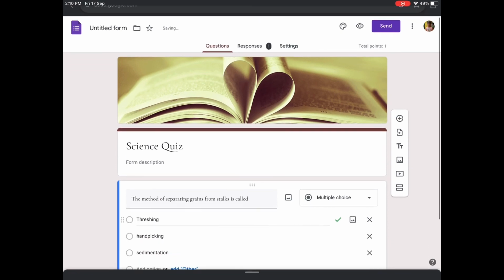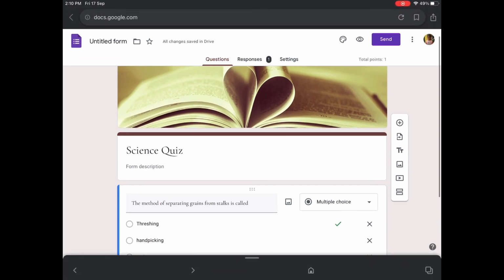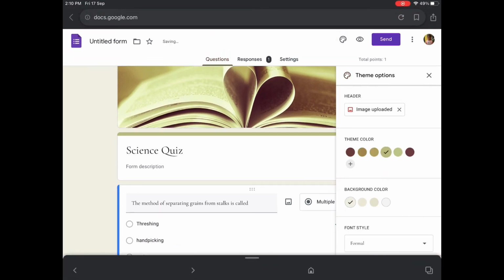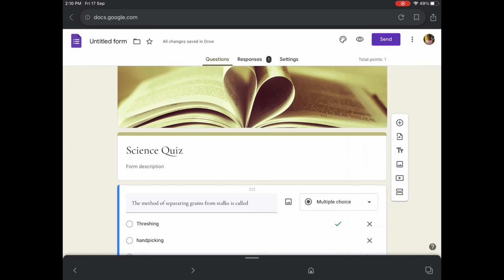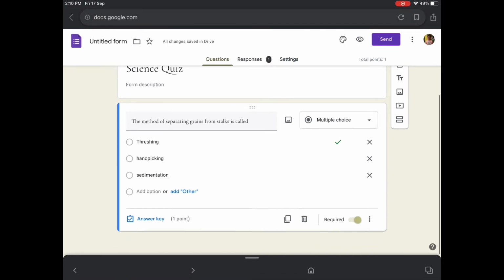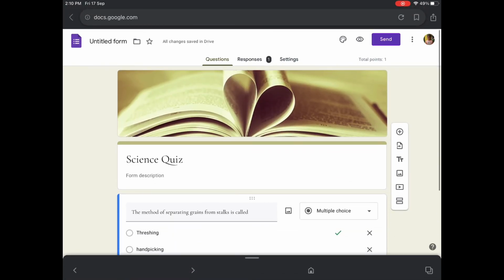Now you can see how the Google form looks, and you can change again the theme color. So when we keep this theme, there may be options that you can only choose these colors. In the beginning you were able to keep different colors, but now after keeping the theme, it is not like that.